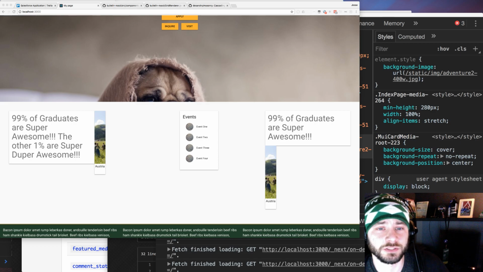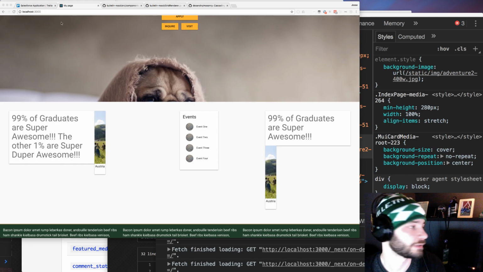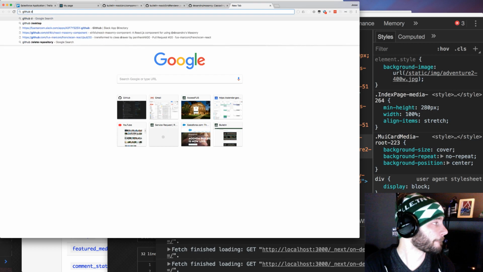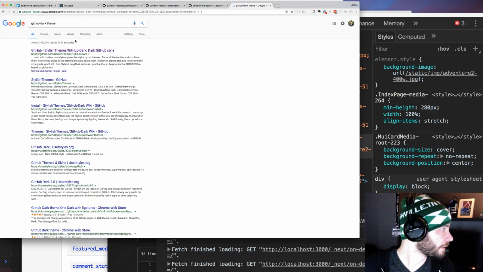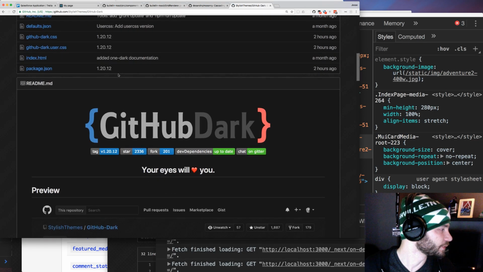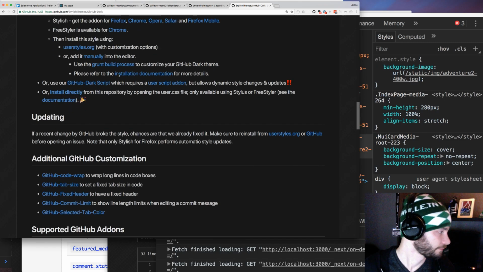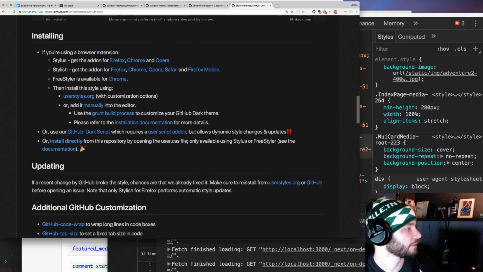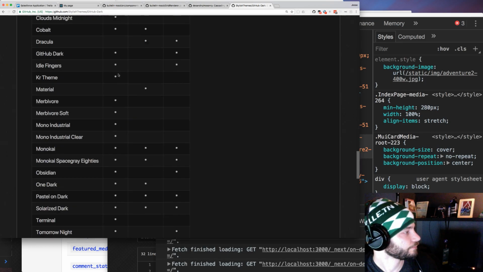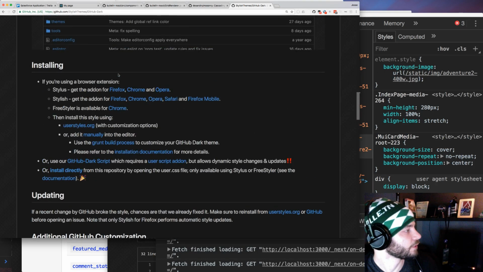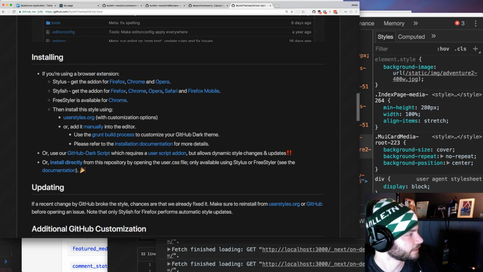Oh, Sin says they see the dark theme for GitHub with Stylish and it's not the same. All right, let's check out that dark theme then. Let's see. I think this is what I used. Yeah, this is what I used. So basically what you want to do is